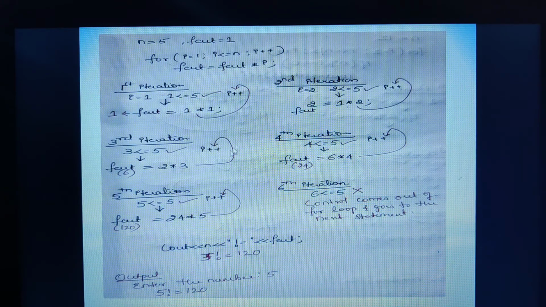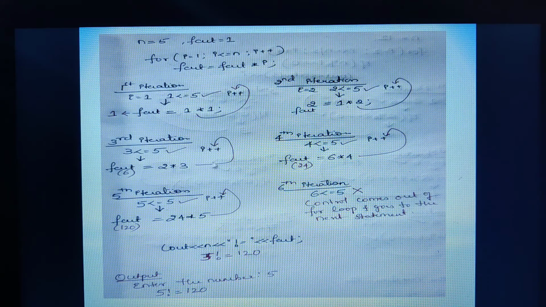When I gets incremented for the third iteration, whether 3 is less than or equal to 5, yes, the condition is true. I have not written it here, because I gets incremented, so I becomes 3. 3 is less than or equal to 5, yes, the condition is true. Again we are calculating the factorial. What is the previous value of fact, children? That is 2. So 2 into what is the current value of I? That is 3. That is 2 into 3 is 6. So the new value will be stored in fact.